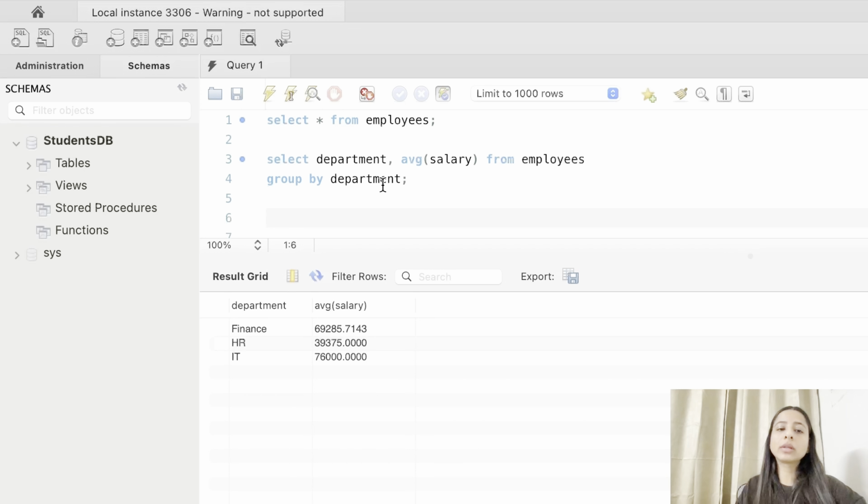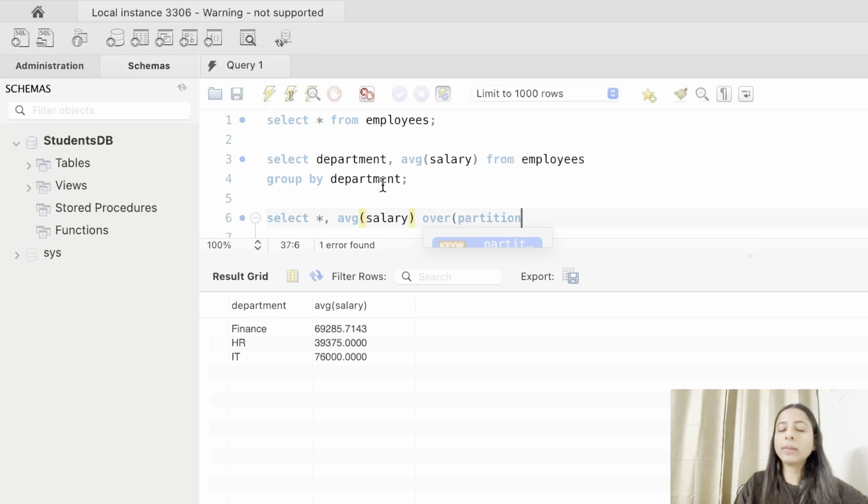So let's write select star, and average of salary over, and we want to group it by department, so we will use partition by department. You can state order by, but it's an optional clause. Since we are just averaging out, we need not use the order by clause. So we can just close it over here.